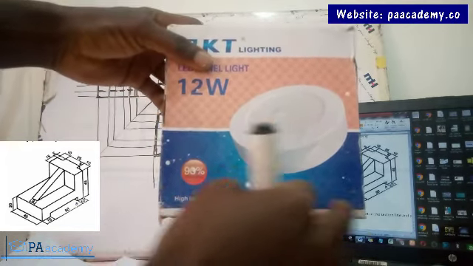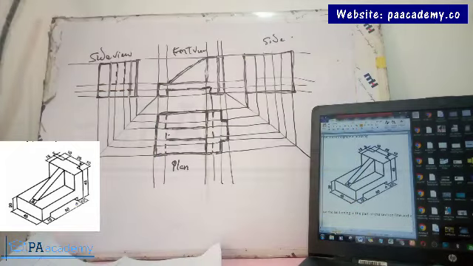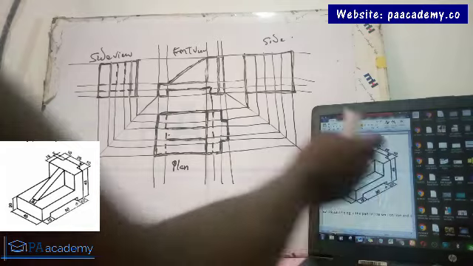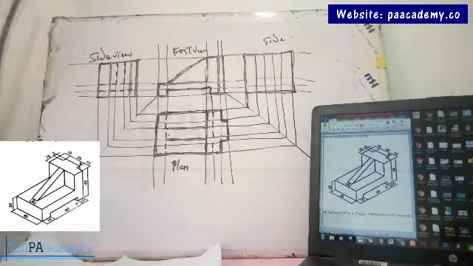But if I look at it like this, what do you have? You have a horizontal line. It's showing you that it's horizontal. So if you understand that, you are good. So if you are looking at it from the front, this line will be straight, it will be